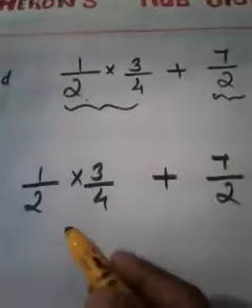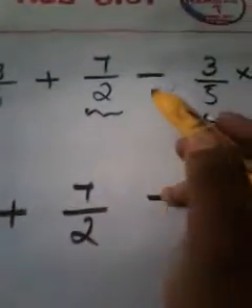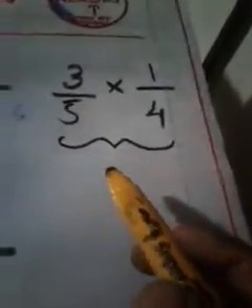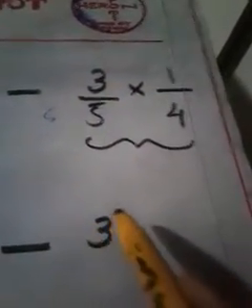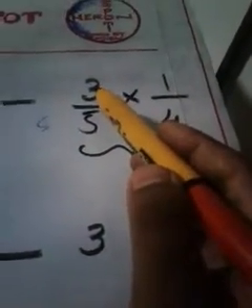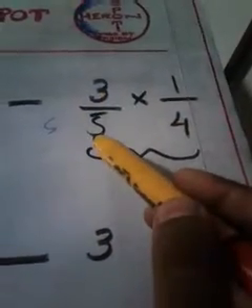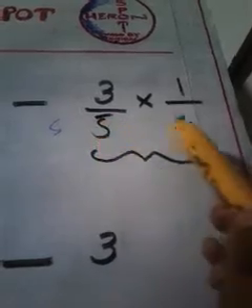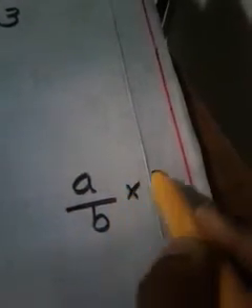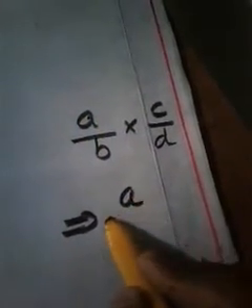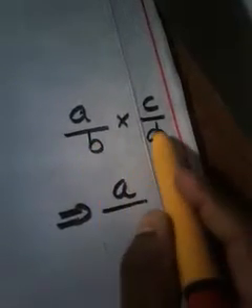That means first term as it is, second term as it is, then minus as it is, 3 by 5 into 1 by 4. So I am going to write this 3 as it is. 3 is in the numerator, and the denominator of that is 5. Instead of 5 I am going to write 4. That is possible in maths. You know why? Because A by B into C by D, you can also write it as A in the numerator, so A as it is, divided by, instead of B, D.